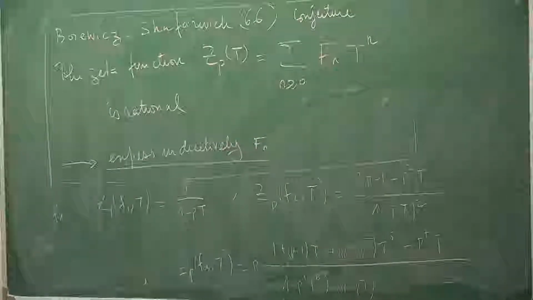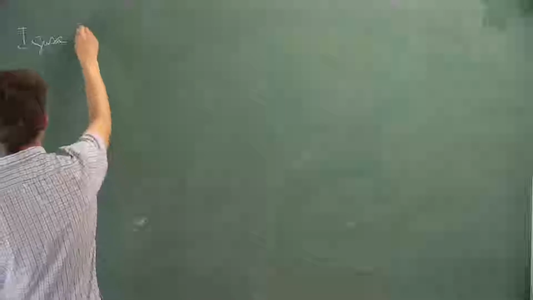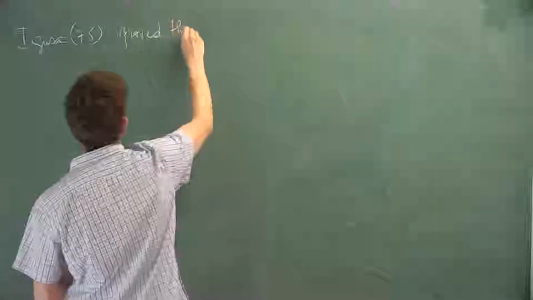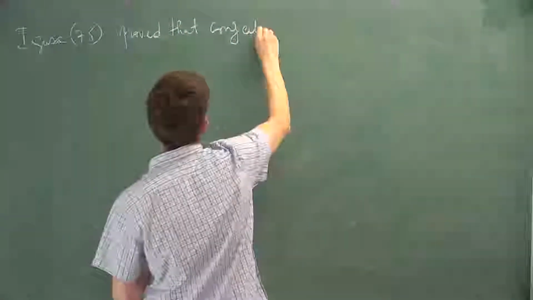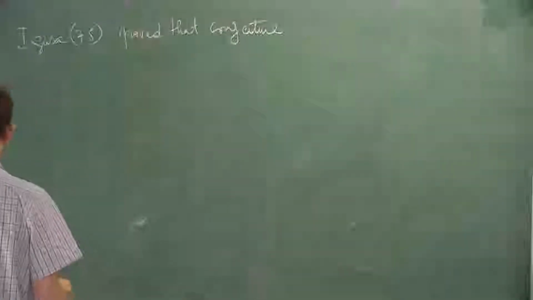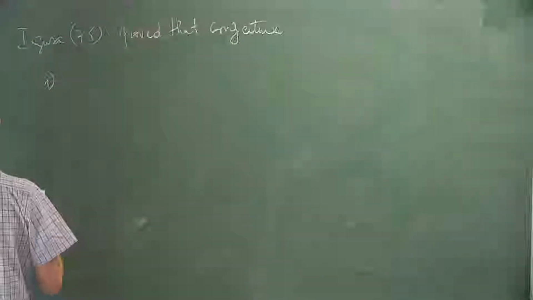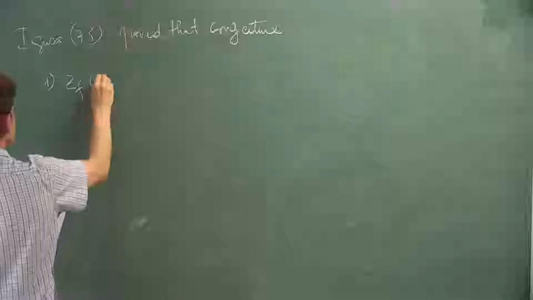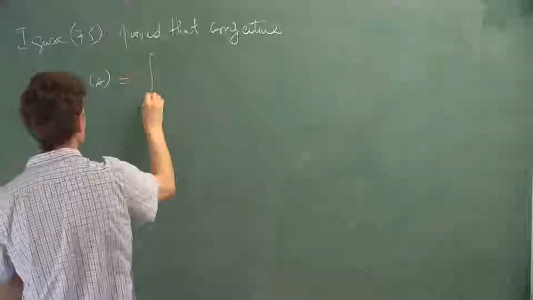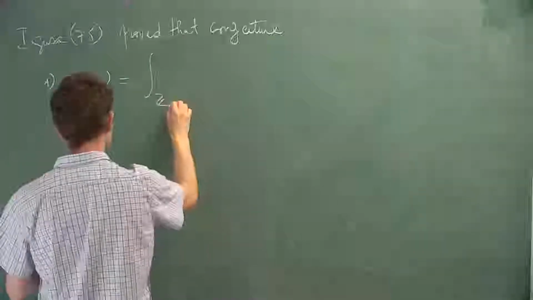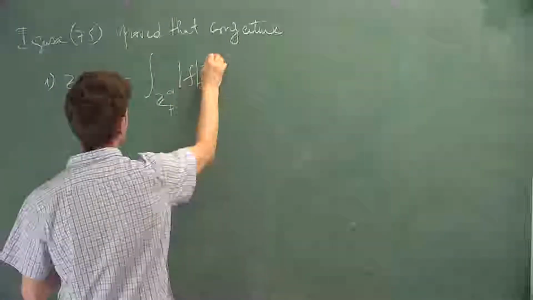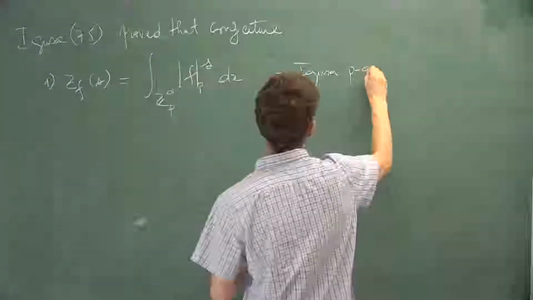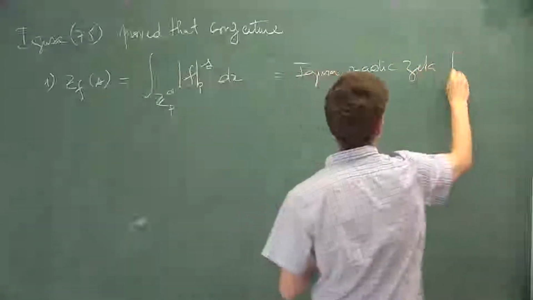So Igusa in 75 proved that conjecture. Okay. So for that, just in the next talk we will give the proof, but now I just show you the strategy. He introduces the p-adic zeta function. So this is called the Igusa p-adic zeta function.